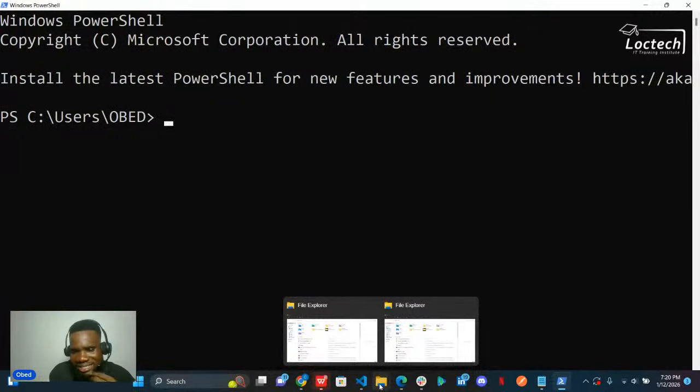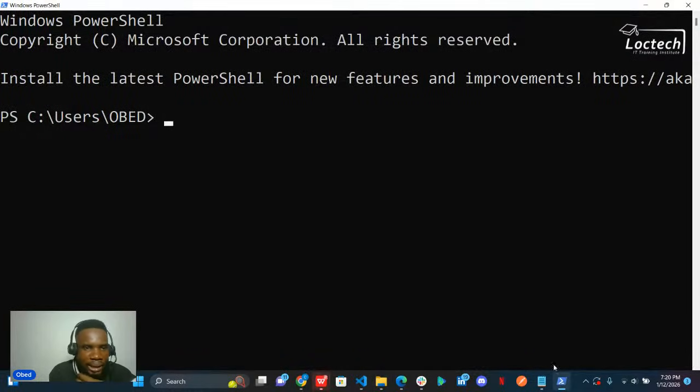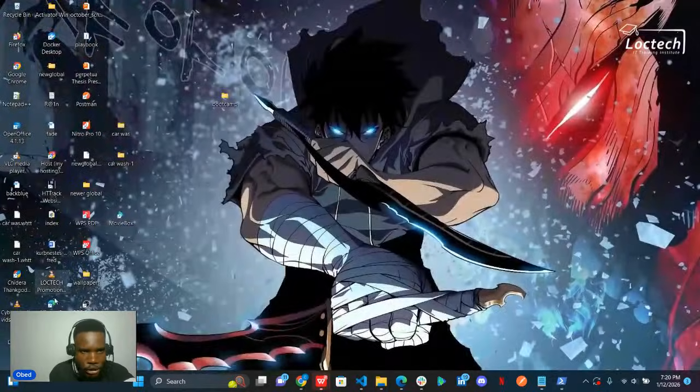Before systems advanced to this stage where you can simply click on this icon to close, or click here to minimize, we were using what we call CLI, and by CLI, I mean command line interface. Every operation that you can perform on your GUI, which means graphical user interface.